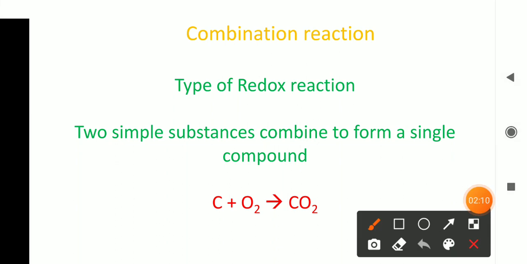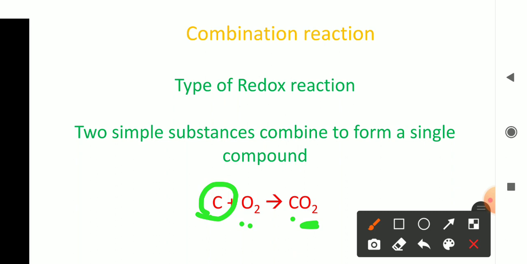Okay, look here at the example. The formation of carbon dioxide is taken. Carbon on combination with oxygen, carbon dioxide is produced. Can we explain this reaction in terms of oxidation number? What is the oxidation number of carbon? It is 0. We know that for a free element the oxidation number will always be 0. Then for oxygen, the oxidation number will be 0. It is a free molecule, and so its oxidation state will be 0. Okay, then what have we got? We have got carbon dioxide as the product.